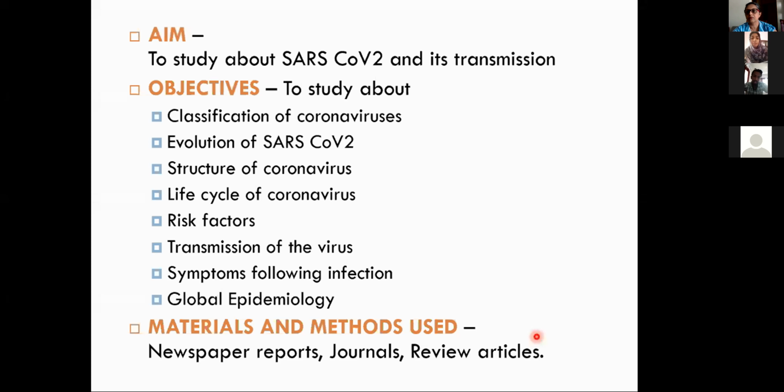Materials and methods required. In order to deal with the objectives, we have gone through various materials, mostly newspaper journals, which provide all the information regarding what is happening around the coronavirus, and different journals and various research articles in relation to studies about coronavirus. So we collected information as a group and reviewed the materials collected, after which we summarized all the data into the presentation.